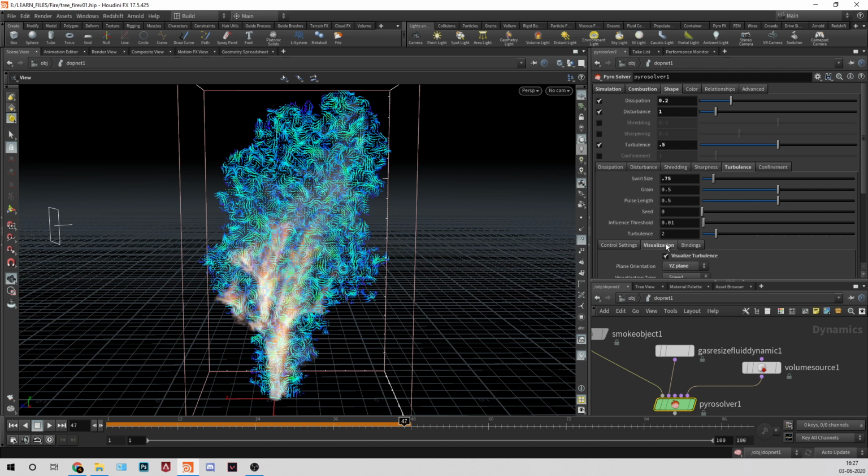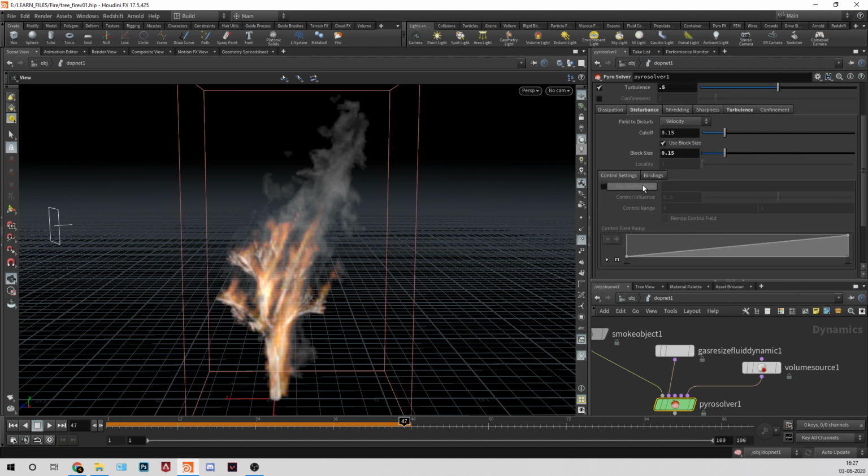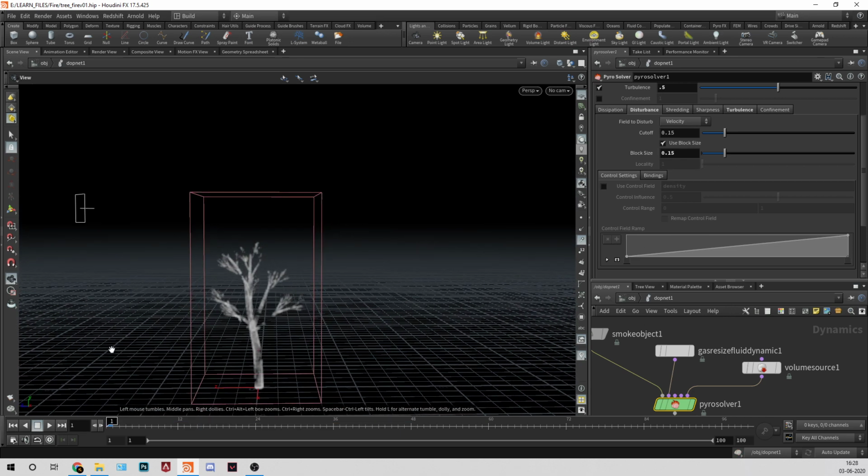And you can see disturbance also, I'll go for 0.15 block size. Even you can control this with density, you can change it with this ramp. Where you have less density you will get less value, and if you have more density you will get more value. But we are not using this for now. So we did a little bit of changes, and we'll see.